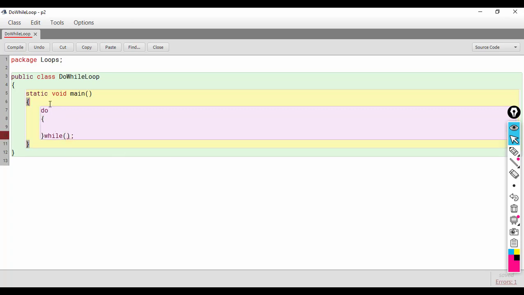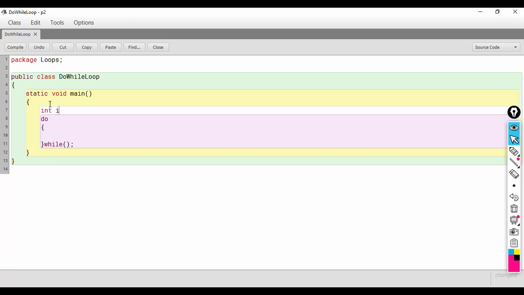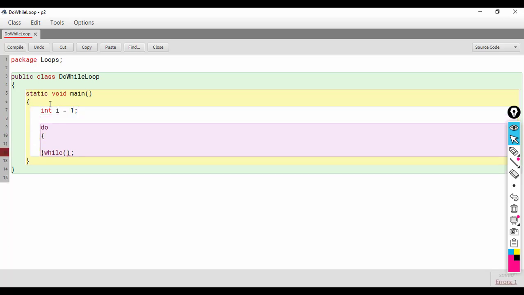So again, the initialization in this case will also be done before the loop body, before the loop. Okay, and the condition will be written here inside the parentheses, i less than equal to 10. Okay. So this is the syntax, and the update in case of do while will also happen inside the body. So I'll write here i plus plus.